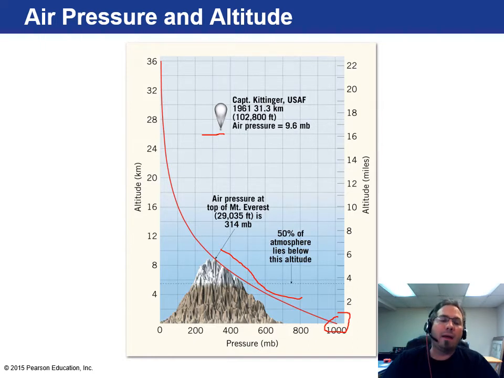Okay, and actually I misspoke in the previous slide. Mount Everest is 29,000 feet. The deepest part of the ocean is actually 35,000 feet deep, 34 or 35,000 feet, somewhere in there. So there's about 4 to 5,000 more feet of water than Mount Everest is tall. But you get the idea. The higher up you go, the less and less air there is to put pressure down on you, and obviously it becomes harder and harder to breathe.